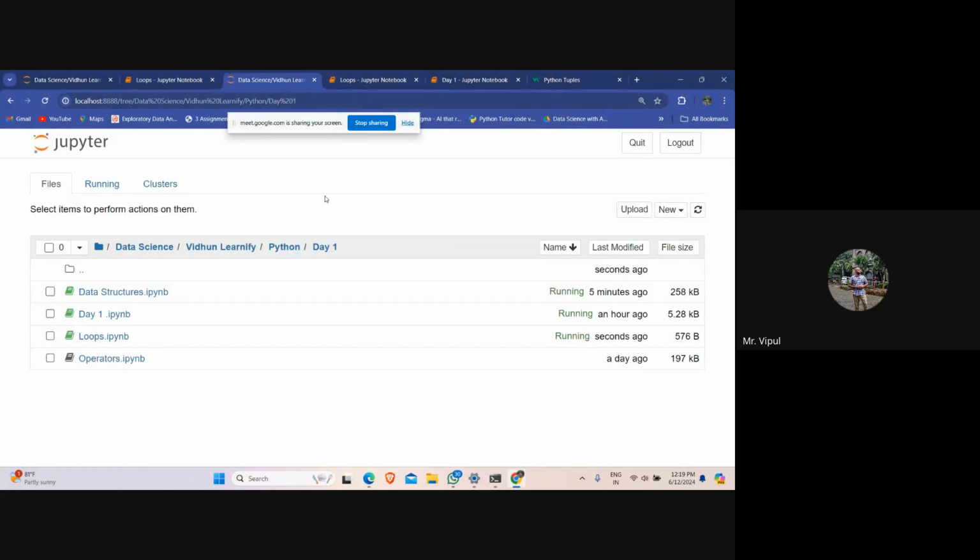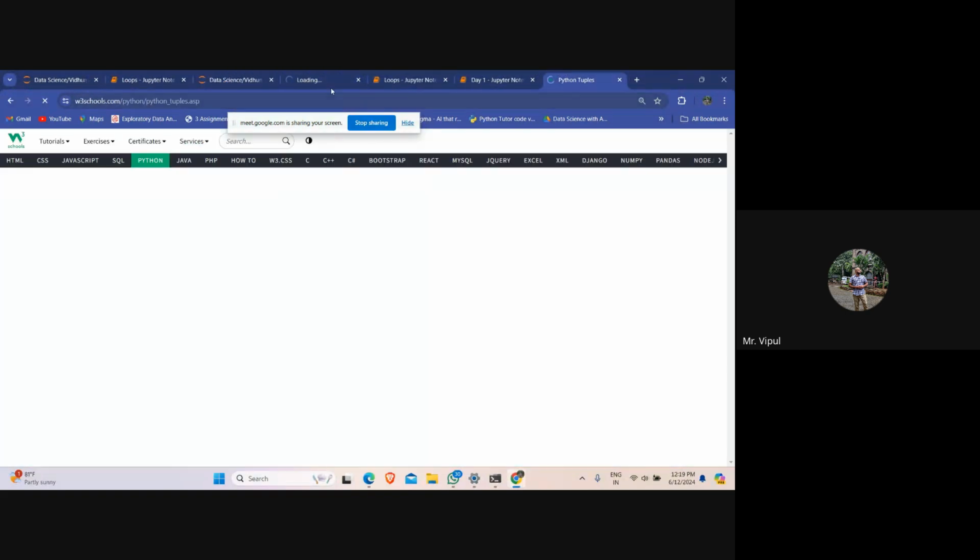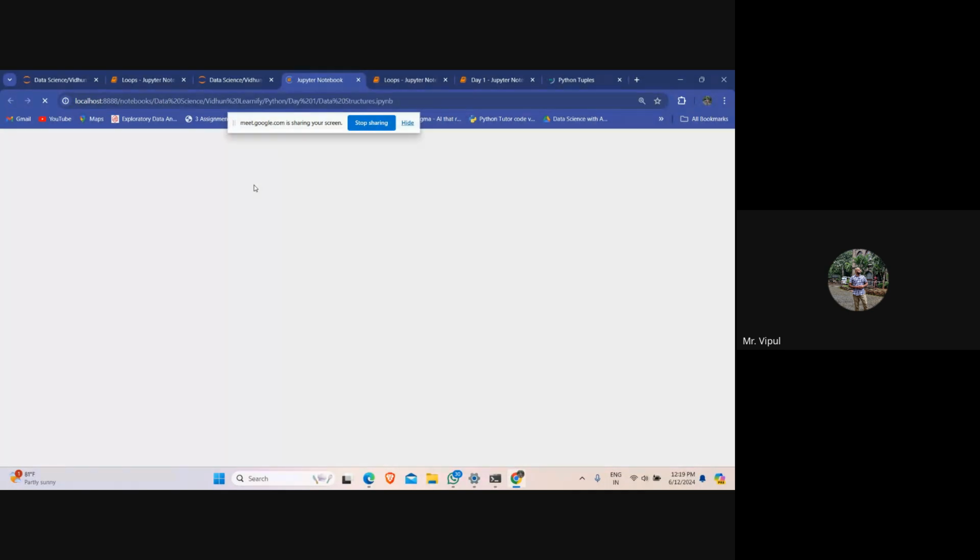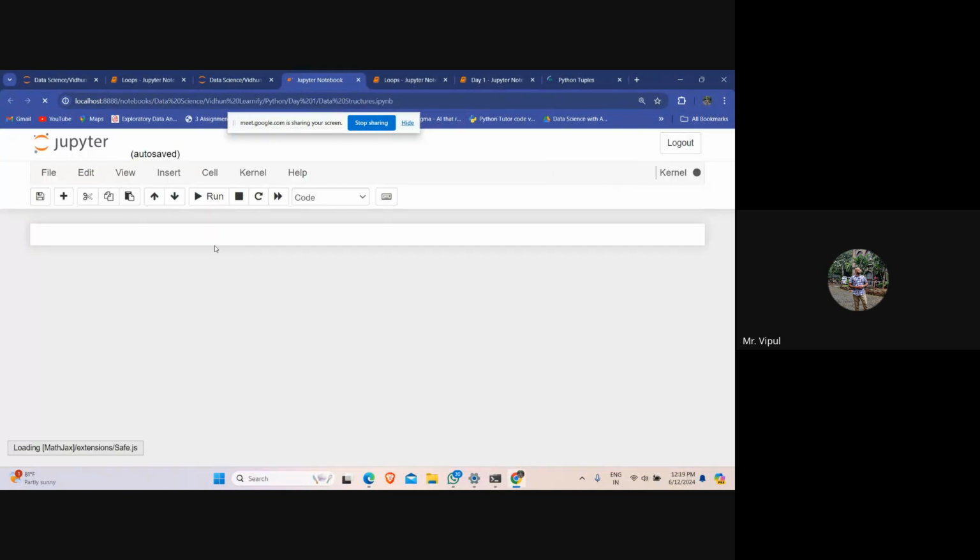Earlier, if you see, so this is the style and it has a guide. You should follow that. It has some steps, we need to follow that so that our code looks pleasing to other people.